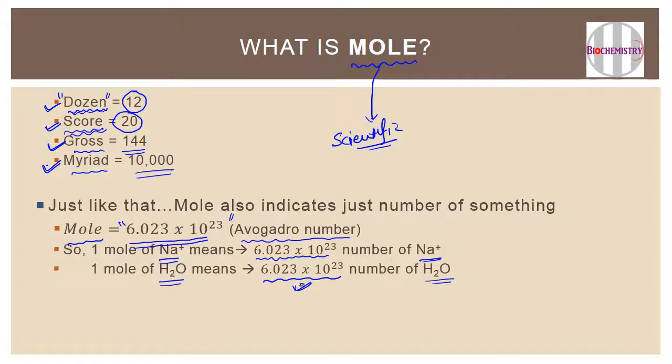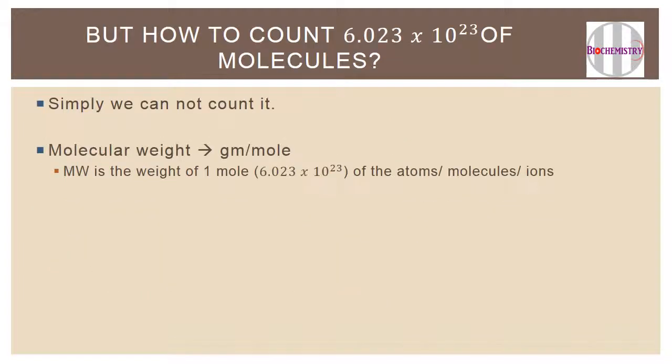So it is a specific number of a particular ion, molecule, atom, or electron. If I say 1 mole of protons, that means I am talking about this 6.023 × 10^23 number of protons. So this must be clear. But there is one problem: how will we be able to count this many molecules,